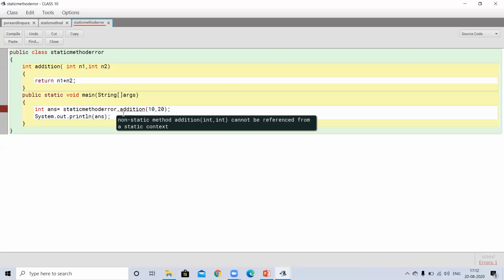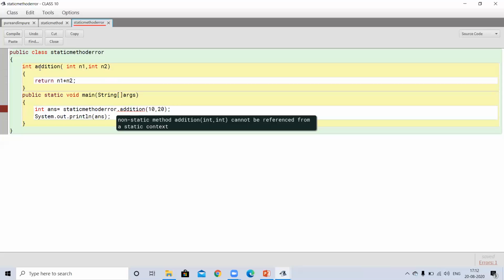If you want to access this non-static method addition, you have to create an object here. Without creating an object, you cannot directly access it through the class, as I wrote, class name dot function name. So directly through the class you cannot access a non-static method.